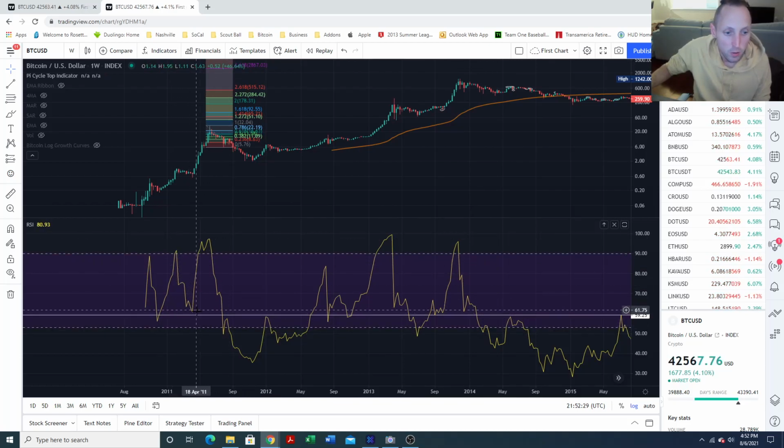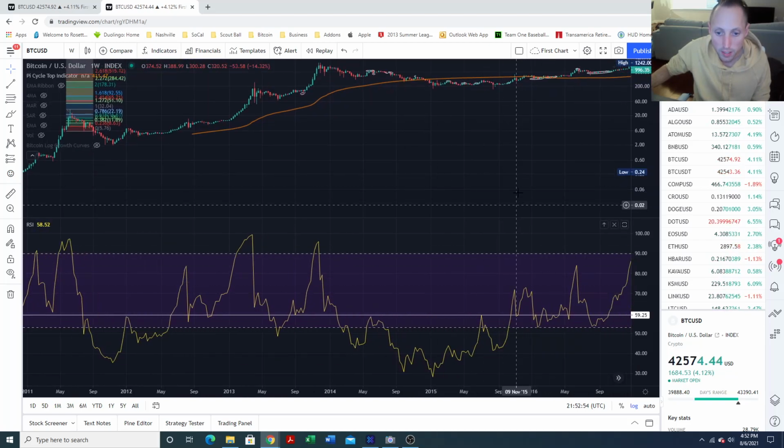As you see, when Bitcoin's kind of come down, it's tested this level right here, the 59, the 60 RSI. Come up. When it's been in a downtrend, it's hit its head. Starts to break above. Now it starts to use it as support. Break up. Gets here, it is in a downtrend.